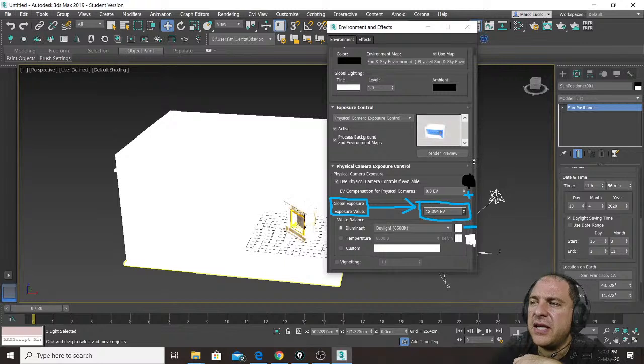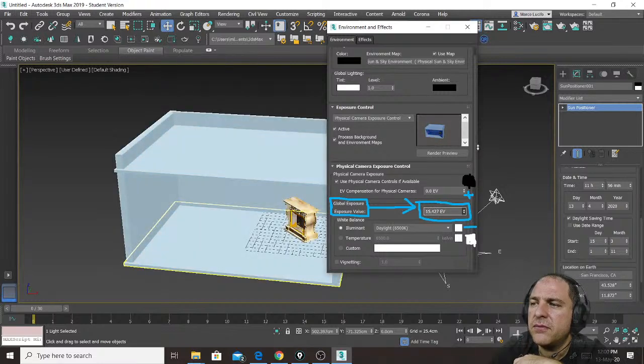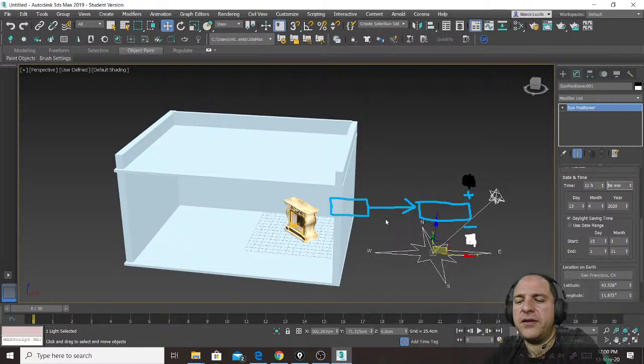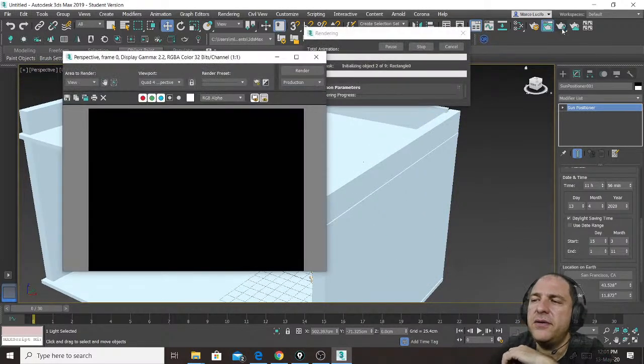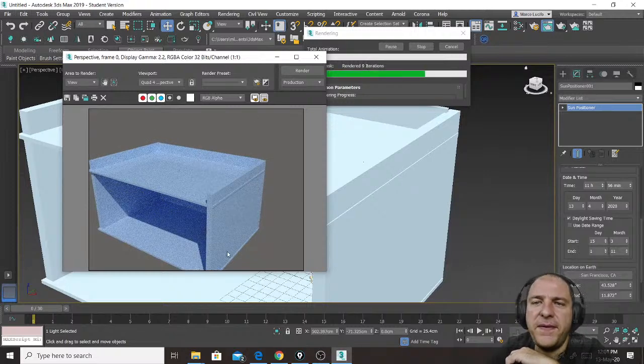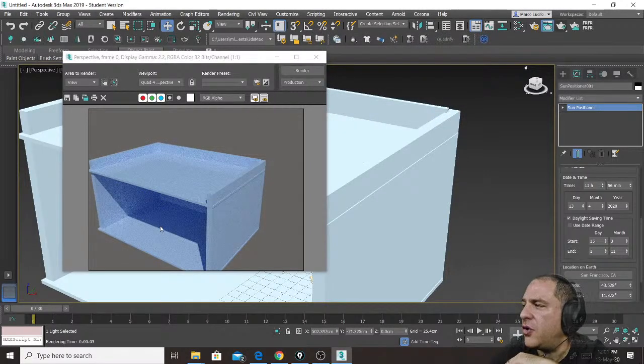And I keep increasing it till I discover how it will look when I render it. Let's say 14 will be fine. I like this way. Okay, so when I render now, let's see, I render and my great looking architecture will be perfect. Okay,